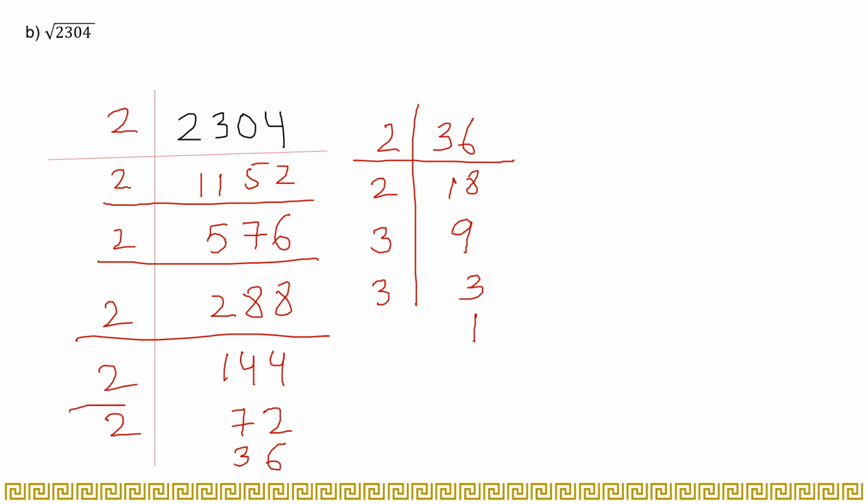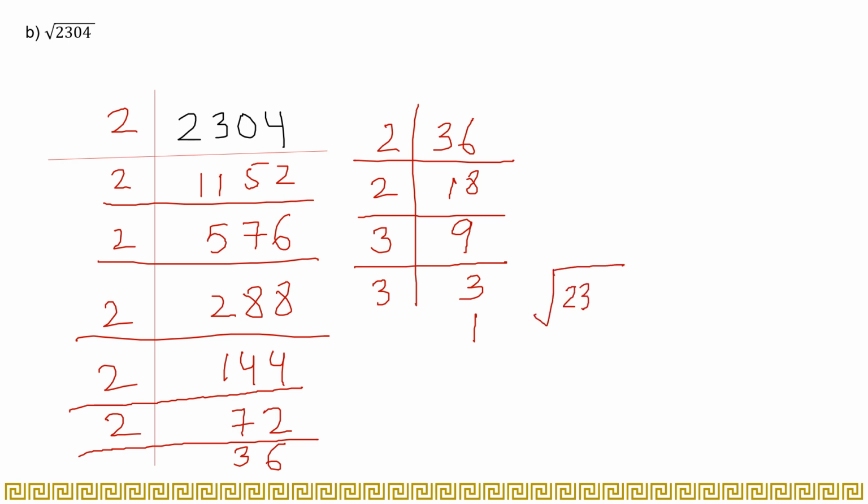Now, if you know how to divide the numbers, it will be very easy for you so that you can do it very quickly. Now, finding the root of 2304, what we will do, we will place the root here and we will multiply all the prime numbers we got by dividing the number. 2 multiplied by 2 multiplied by 2 multiplied by, there are 8 twos